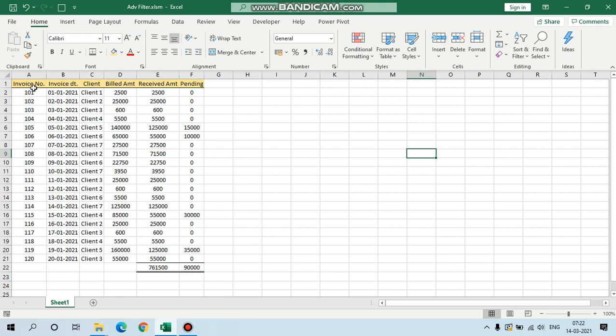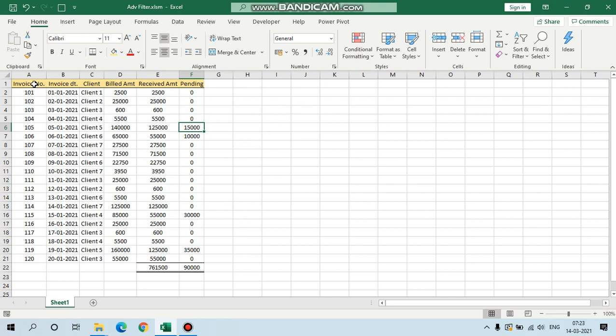Today we will see an Excel sheet, a small program which is beneficial for PCS and PCS, since they raise invoices, they bill their clients and they receive amounts, and some of the bills are pending. They have to manage their billing. This helps them in managing their billing.